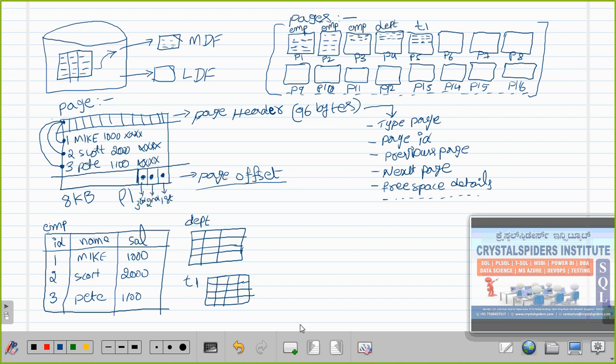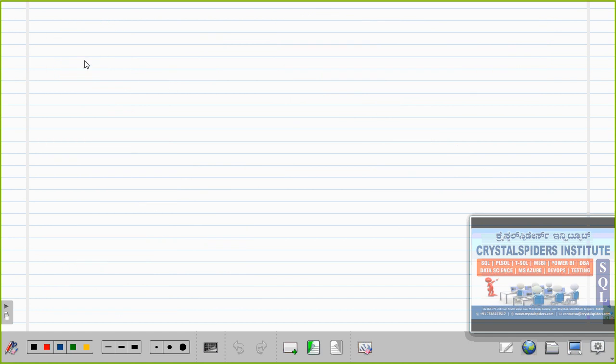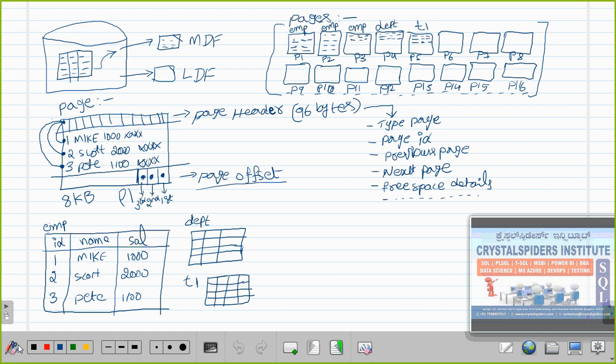Now we are moving on to the next file. Let me take the next file here. Same thing, guys, we are going to see that again. We have these files, right? We have these files, and let me do one thing.